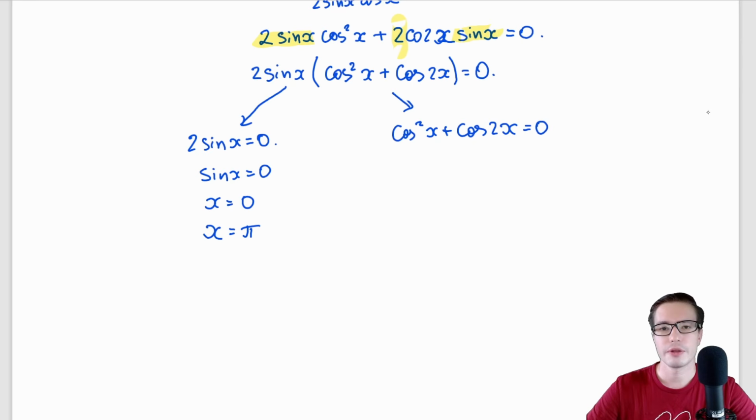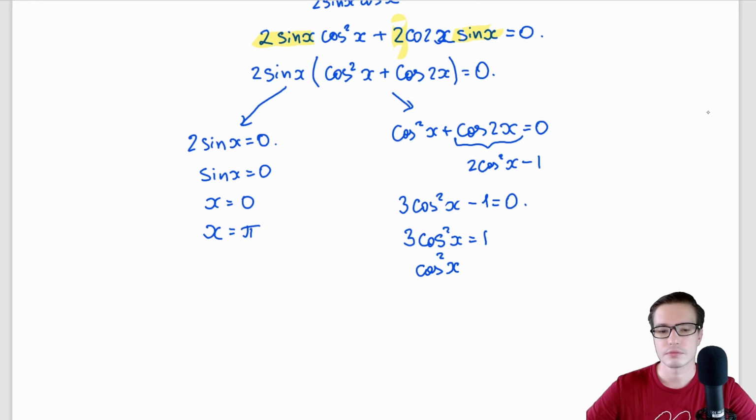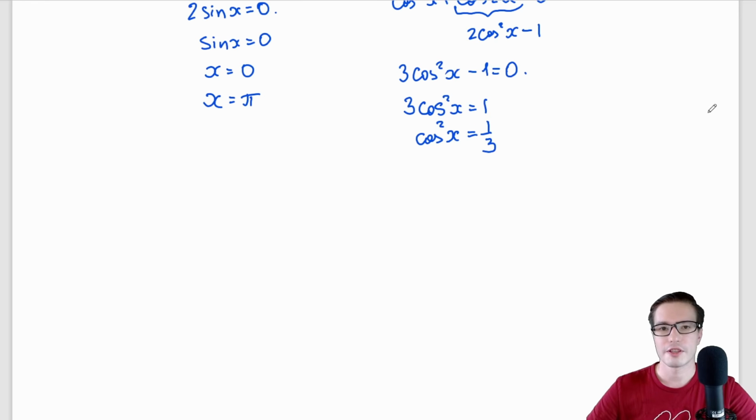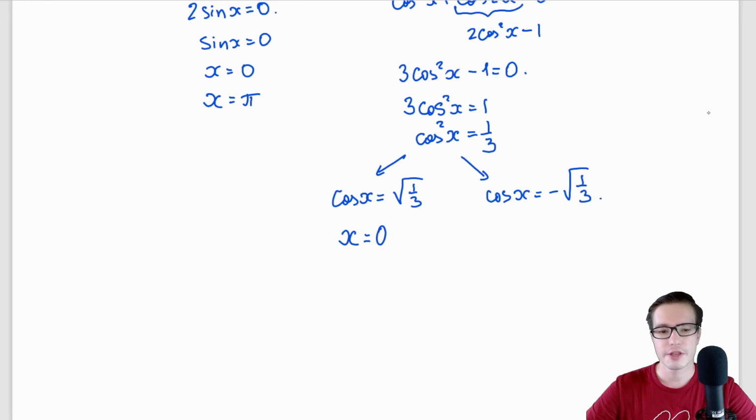For the second one, I will use the double angle formula for cosine, 2 cosine squared x minus 1. So all in all, we got 3 cosine squared x minus 1 equals 0. Take the square root and don't forget about two values, plus or minus. And now find the inverse cosine of both, and we'll get x equals